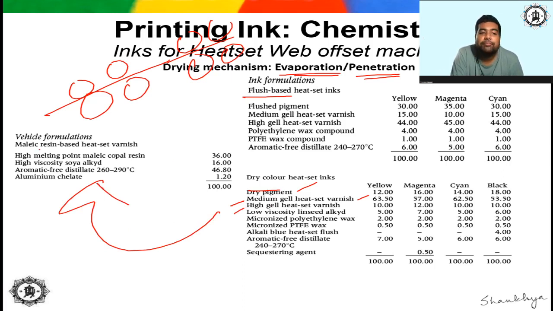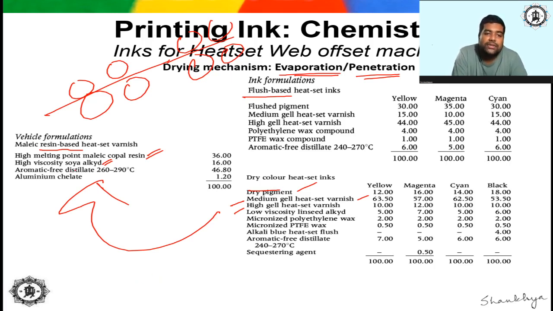First, we see the maleic resin based heat-set varnish. So the rosin has been modified using what? Using maleic anhydride, which I had already shown you earlier. So this is that maleic modified resin, and then we are using high viscosity soy alkyd. High viscosity. Okay, so another concept that I showed you earlier also